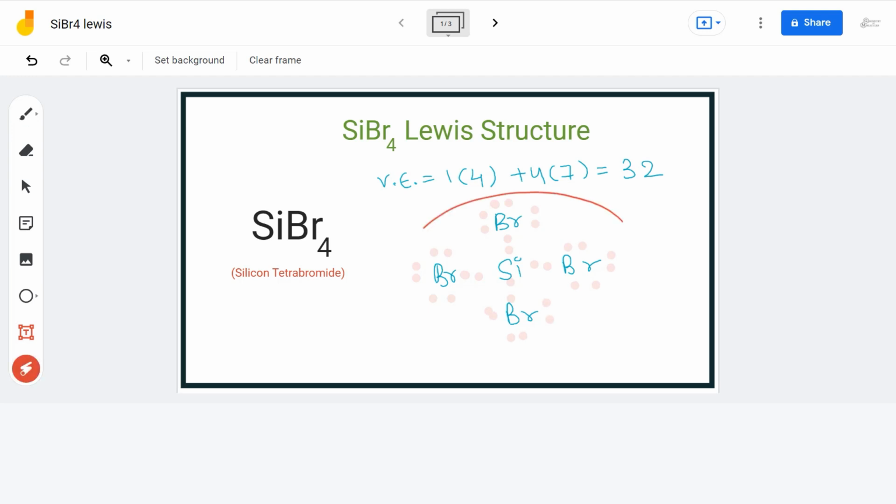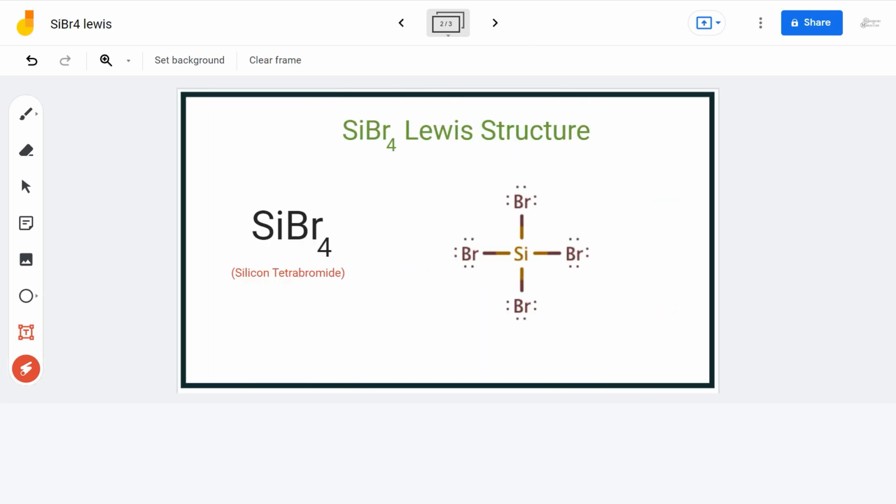Doing that, we have used all our valence electrons and each atom in this Lewis structure has a complete outer shell and zero formal charge. So this is the final Lewis structure of